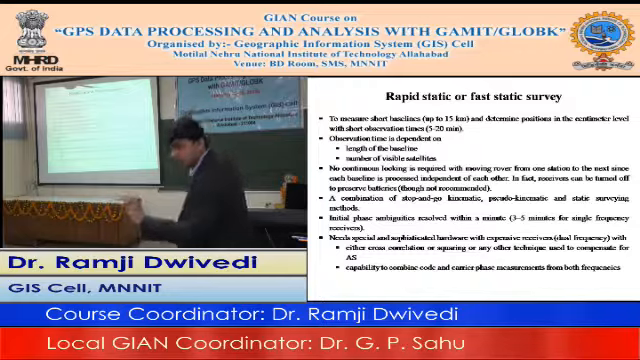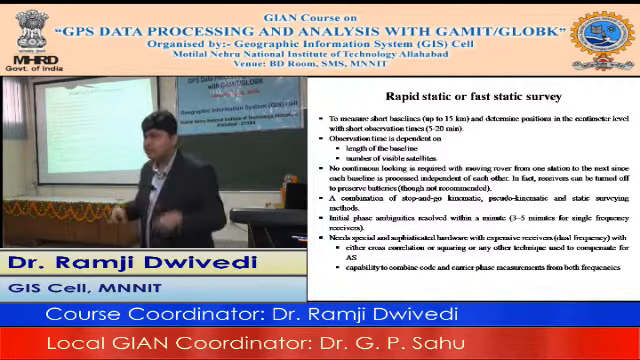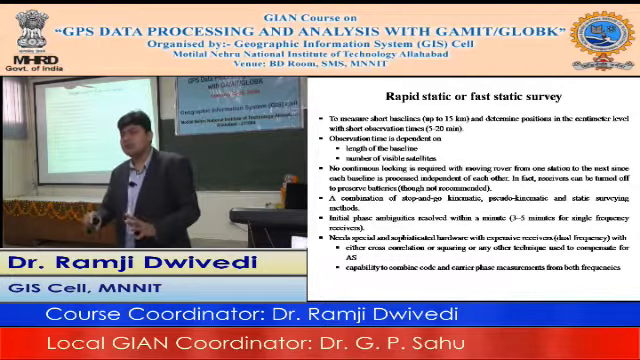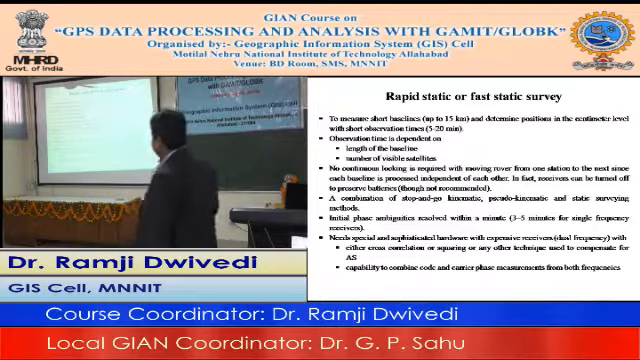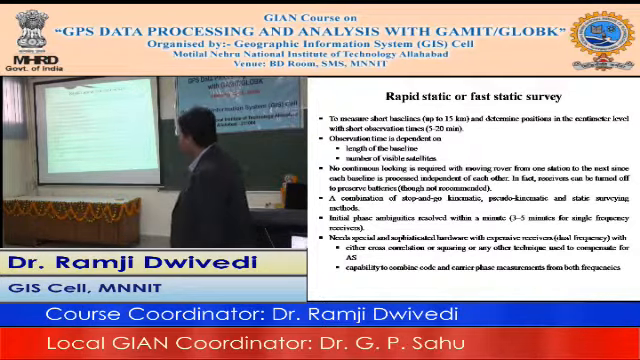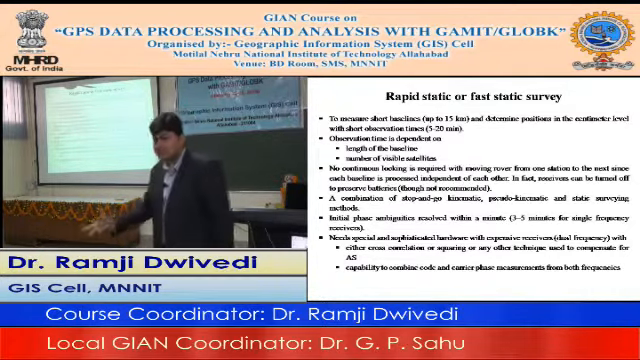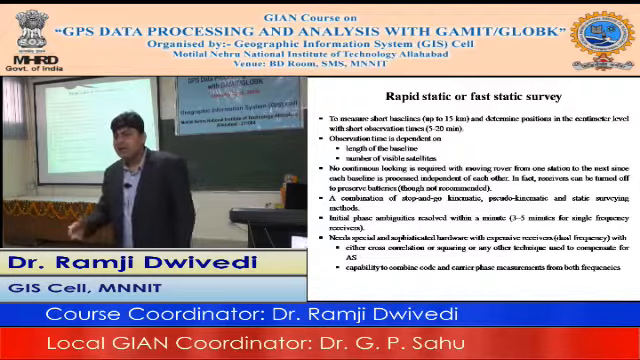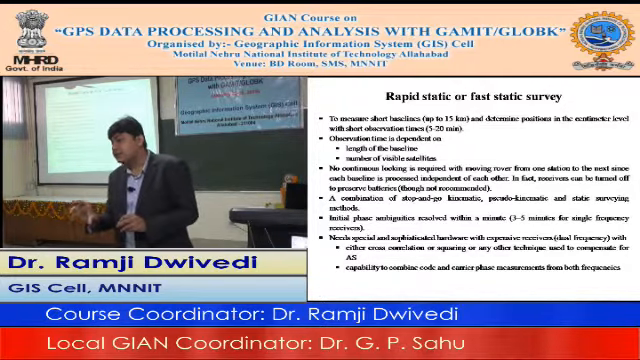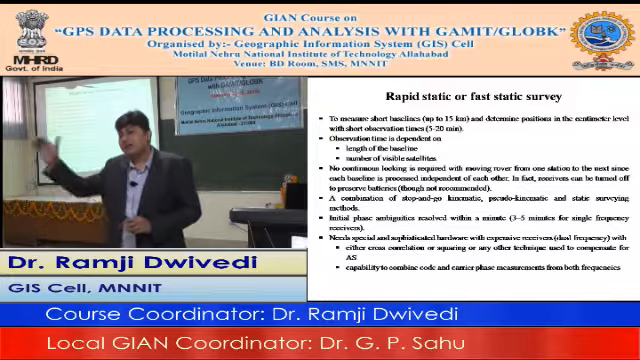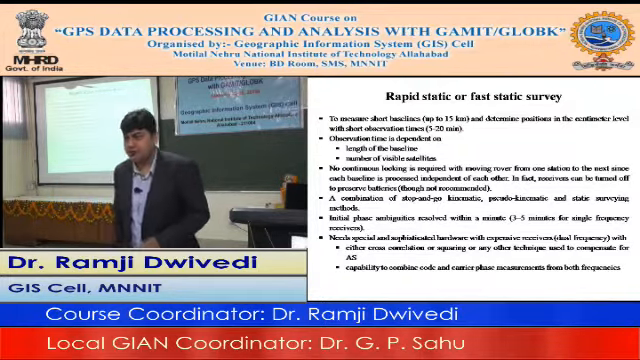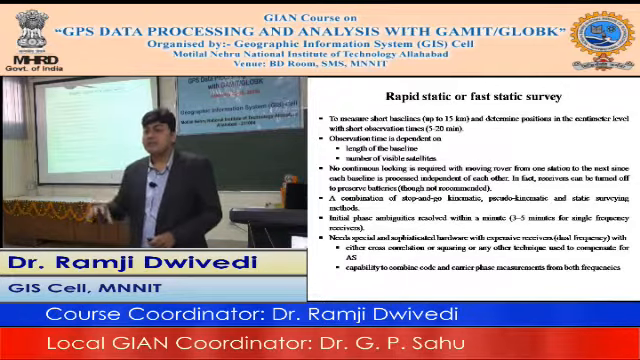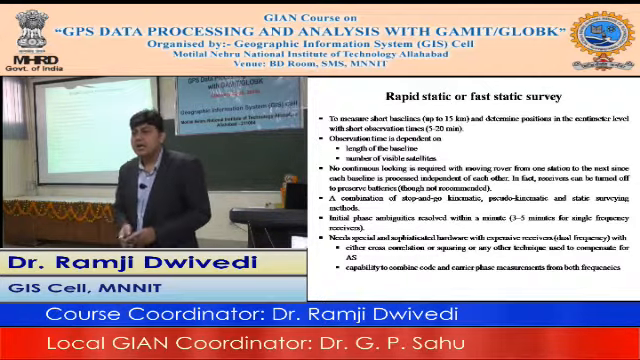Okay, so another version is the rapid static. As I said, the rapid static version is the mode where you achieve the highest possible accuracy, isn't it? The rapid static, which someone calls fast static, is how you occupy stations, and obviously the quality of the receiver is also of another grade. You cannot do this rapid static kind of survey with a single frequency receiver. You have to use dual frequency,